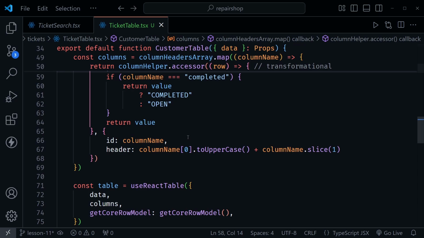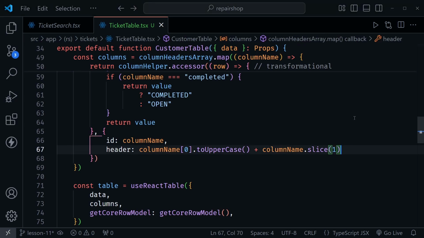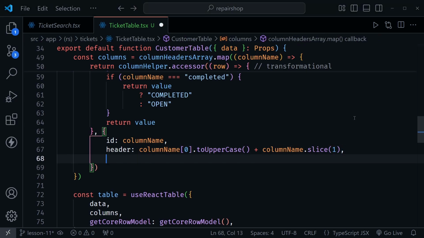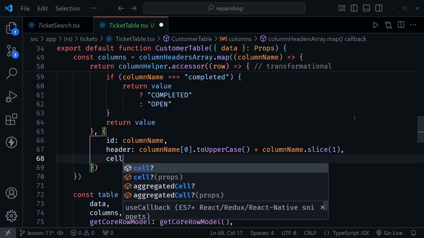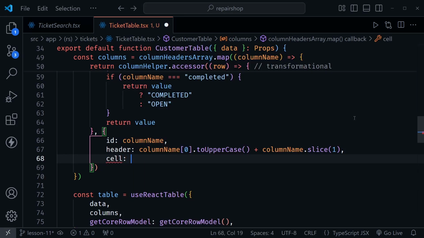We'll leave that as is, and for now we'll leave the header as is. When we start to add sorting to our columns, we'll come back to the header. But I'm going to put a comma after that as well because we're going to add one more property here, and this is cell. So where I said the accessor function above was transformational, this function applies to every cell,